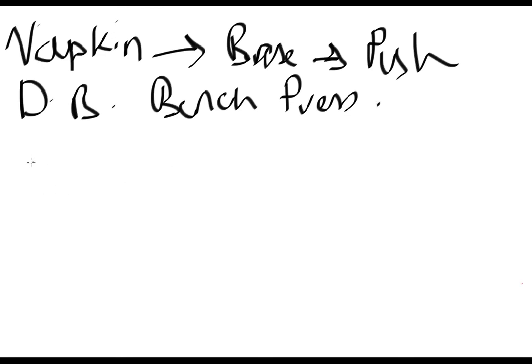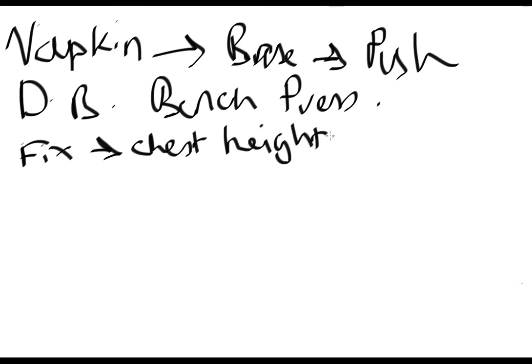So what I might do is say, right, well, what are the variables I don't want to play with? And so what I'd like to do is say, right, I'm going to fix chest height this time, but I could change that another time. I'm going to fix chest height just for safety on this first go, and that's it. That's all I'm going to fix. And then my variables, what I'm going to do is change angles,